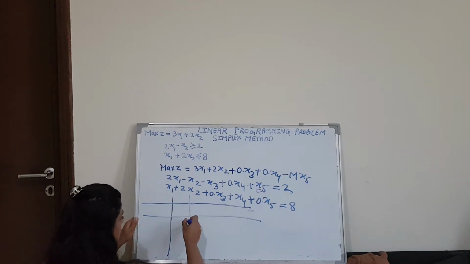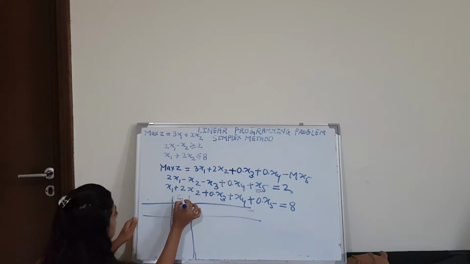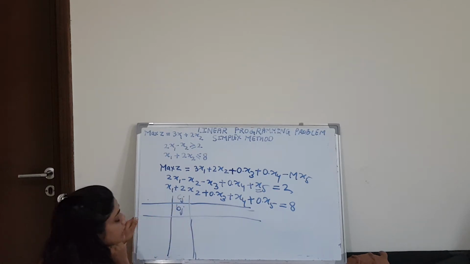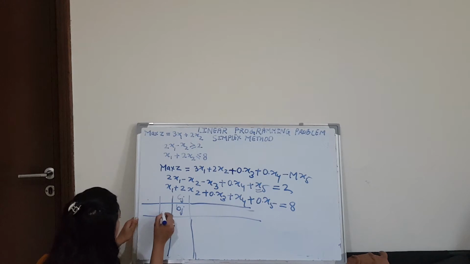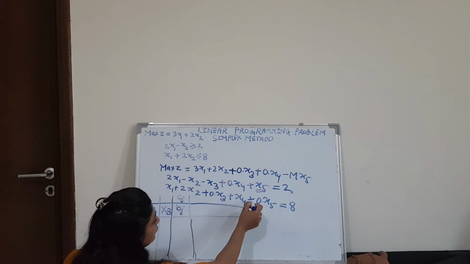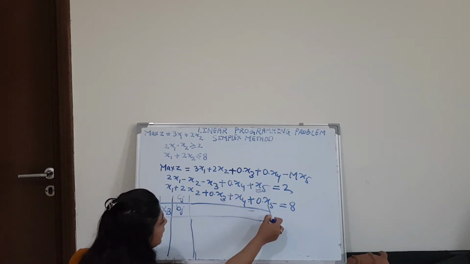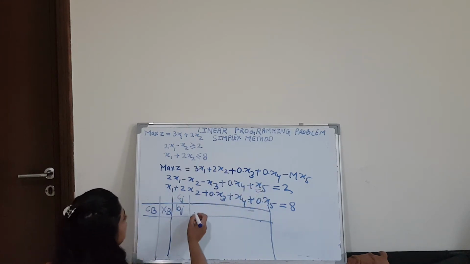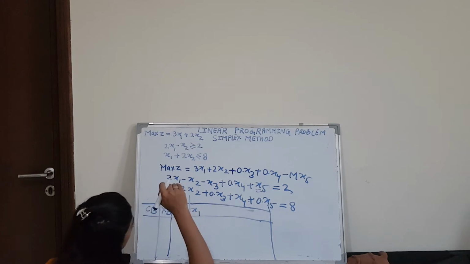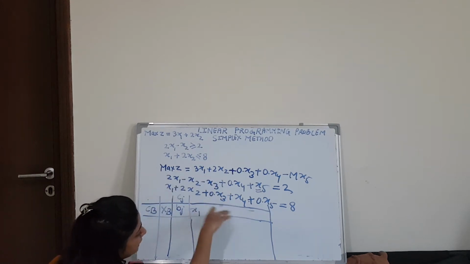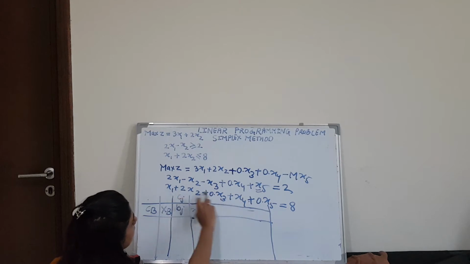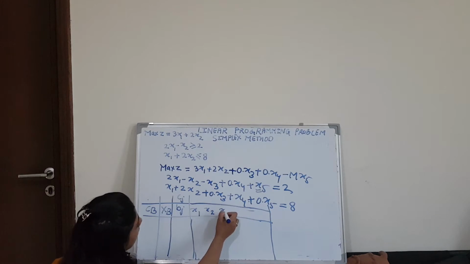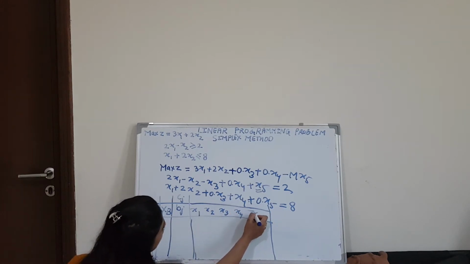This column is Cj, this is Bj, Cj, Bj, Xb and Cb, and we have a total of 5 variables in the table. So in the equations, we will write x1 to x5. In my last video we had only 4 variables, so I wrote x1 to x4, but this time we have 5 variables: x1, x2, x3, x4 and x5.